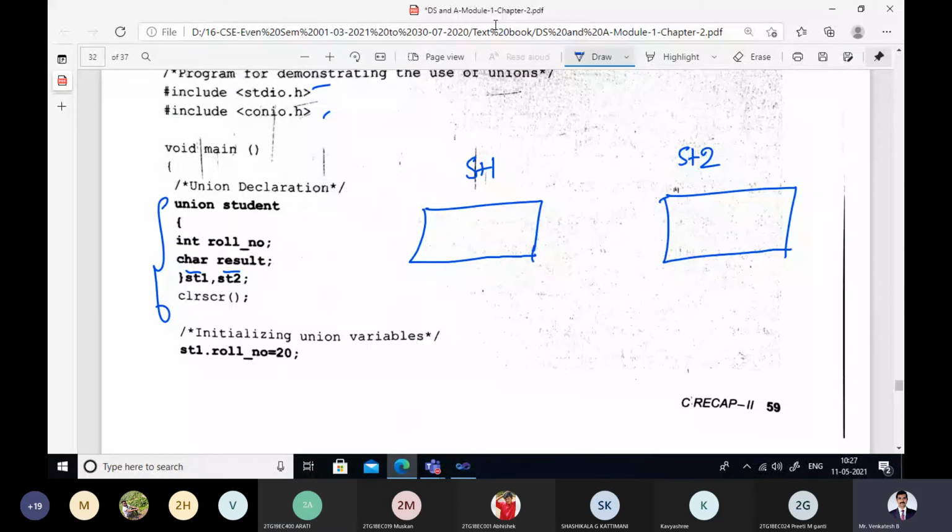ST1 and ST2 are the two union variables.